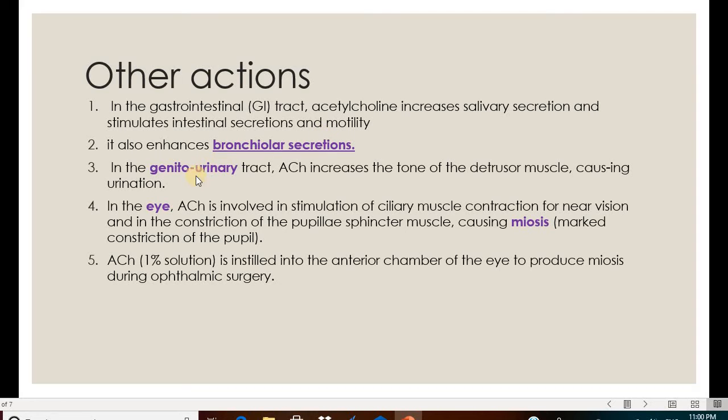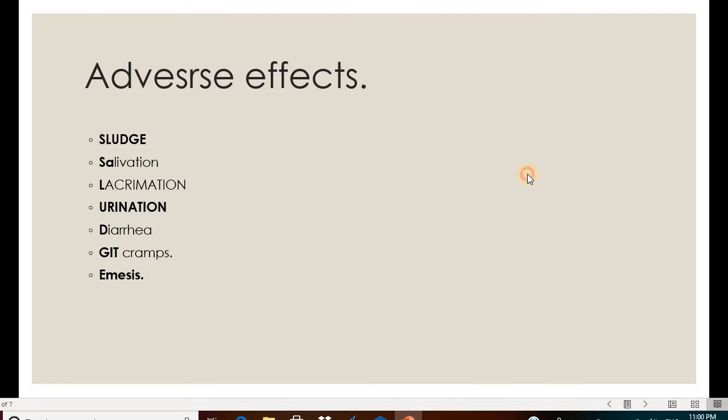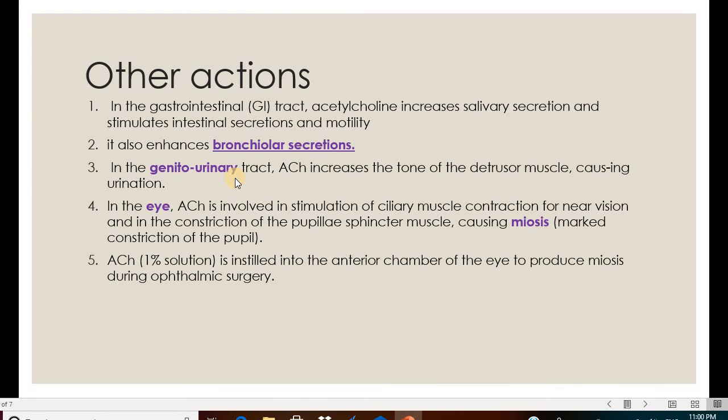ब्रोंक्यूलर सिक्रीशंस को भी इंक्रीज करता है। In the genitourinary tract, acetylcholine increases the tone of the detrusor muscles causing urination. अब ये यूरिनेशन कराता है, so whenever you give the acetylcholine, urination increases because it increases the tone of the detrusor muscle which controls the urination, causing urination. एसिटाइलकोलिन स्लाविक सिक्रीशन को भी इंक्रीज करता है। एसिटाइलकोलिन ब्रोंक्यूलर सिक्रीशंस को इंक्रीज करता है। एसिटाइलकोलिन यूरिनेशन कराता है।